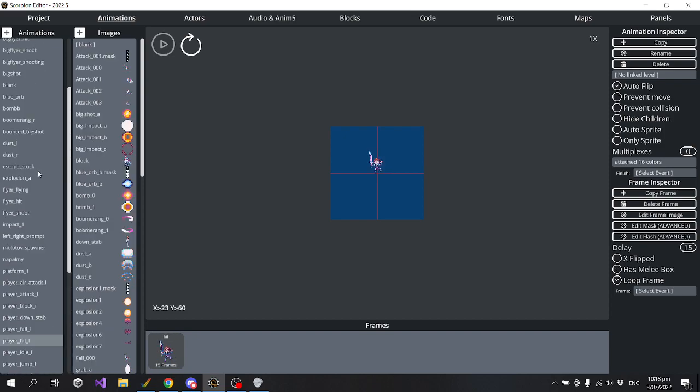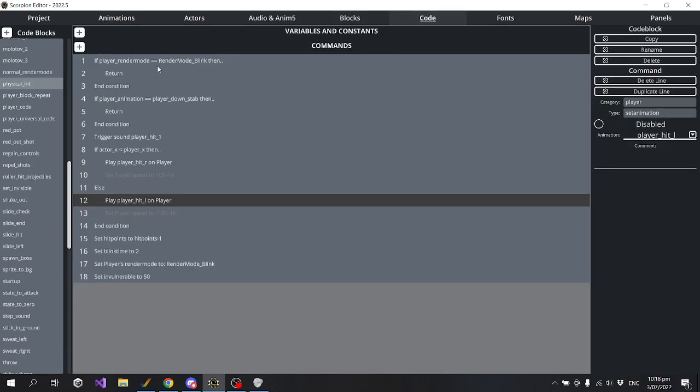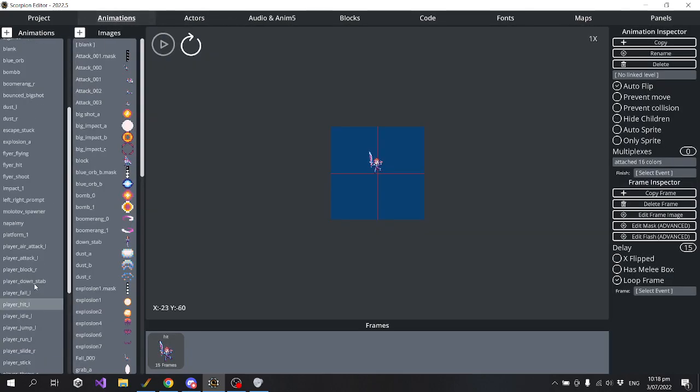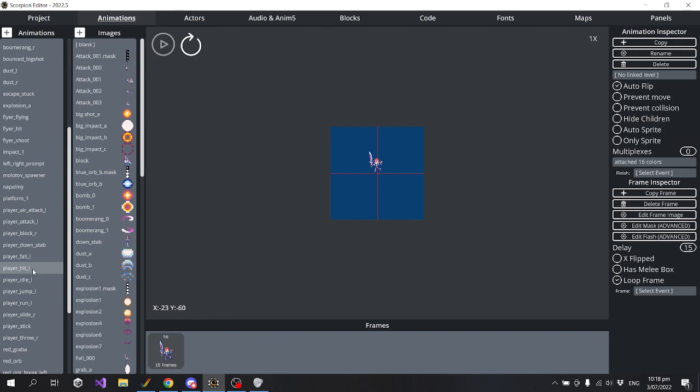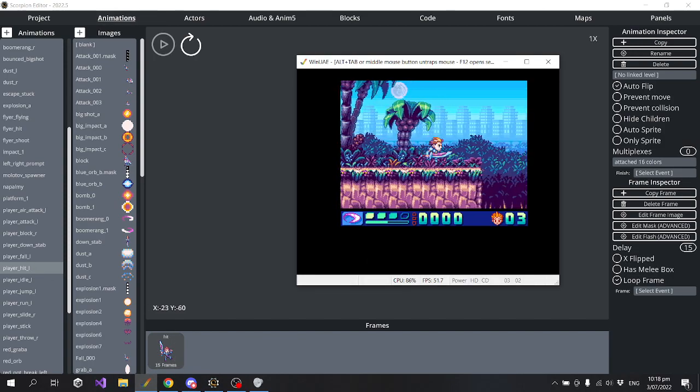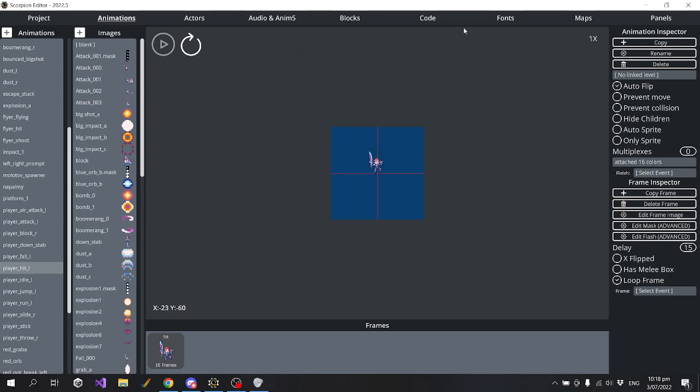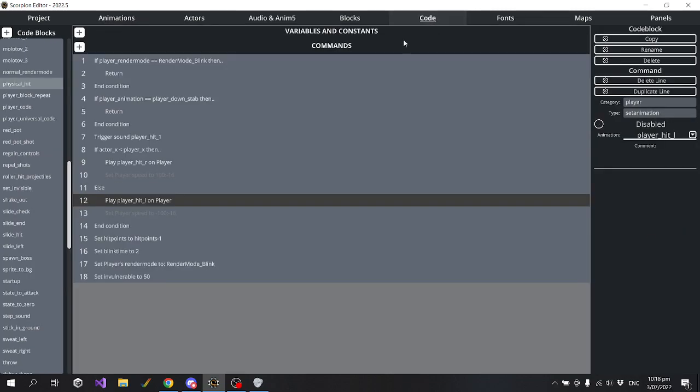No, not hit. Was there? What was it called? Okay, it was called player hit L. So hit L is when they're actually wounded, and that's for 15 frames. Well, let's see what happens if I. Interesting. Okay, so what we got is